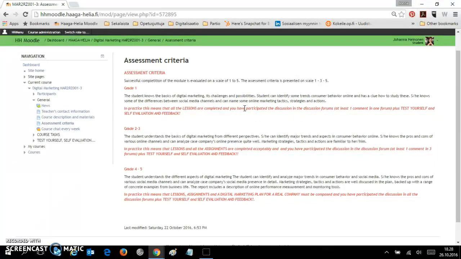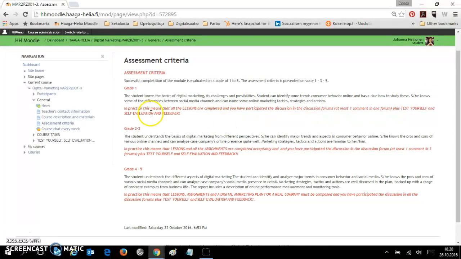It means that you've got to have 100% correct answers in those, after which you should give at least 1 comment in 1 discussion forum. Then in the end there is something called test yourself, which is usually quite easy if you have done the lessons correctly and properly, because most of the questions in test yourself come from the lessons.